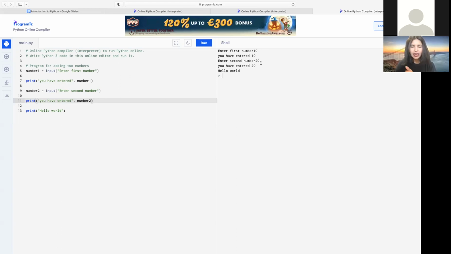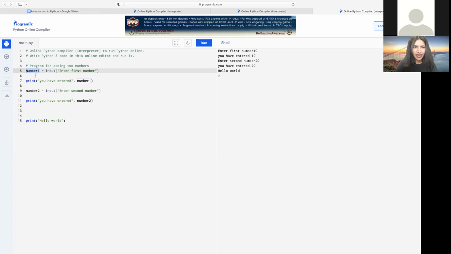So that means the input that we have given, our Python program is getting the same numbers. Okay, the very last step in this program is to add two numbers, right? Now we have number 1 that the user has entered, and the second number the user has entered is number 2.